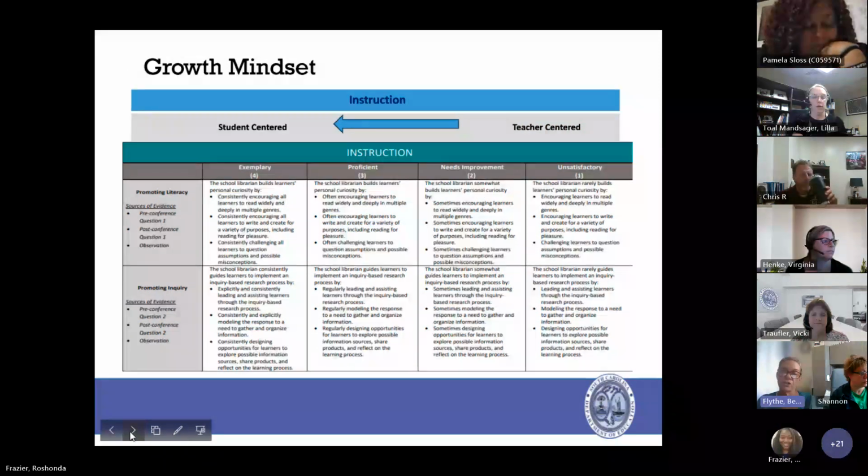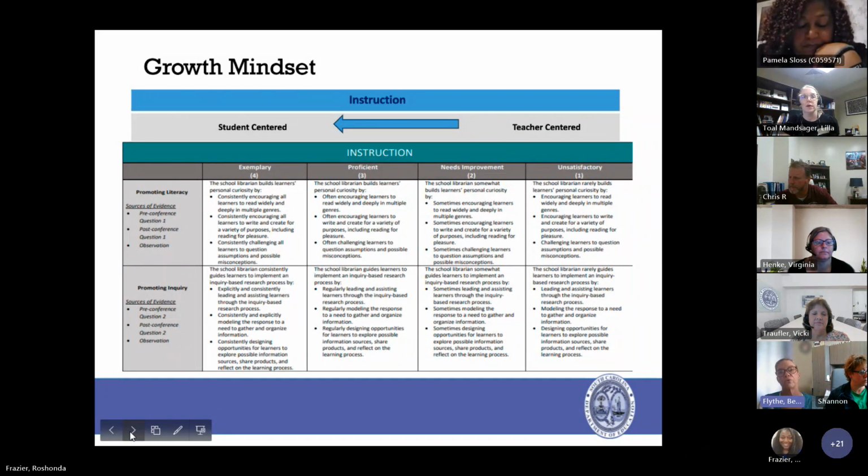Again, the ultimate purpose of all ADEPT is to encourage growth for teachers that impacts student growth. And so therefore, we want our rubric to be student-centered. We want all of our instruction to be student-centered. So as you move from unsatisfactory towards exemplary, you're going to gain more and more student-centered language. You're going to see more student involvement, engagement, and activity. You're going to see the students doing more of the heavy lift than just the librarian.